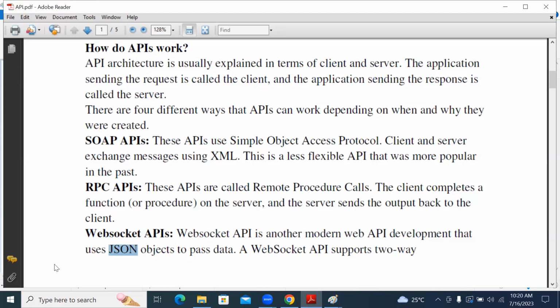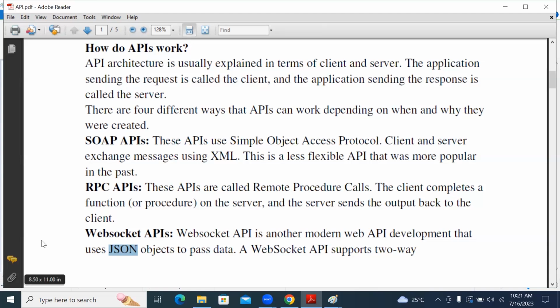The current market is running on web API. First came SOAP API, then RPC, remote procedure call, and after that the web API.